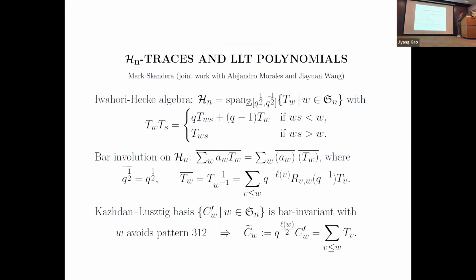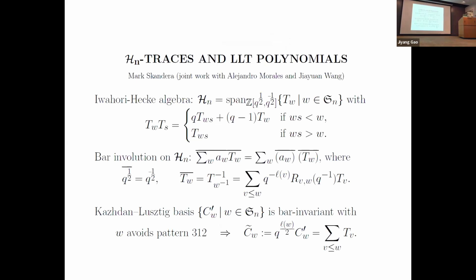The Hecke algebra, the module over the Laurent polynomial ring in root q, has two famous bases. It's usually defined in terms of a natural basis of symbols T_w, where w is a permutation in S_n. Multiplication boils down to considering T_w times T_s, where s is a generator. The formula for T_w T_s has two cases depending on whether ws is less than or greater than w in the